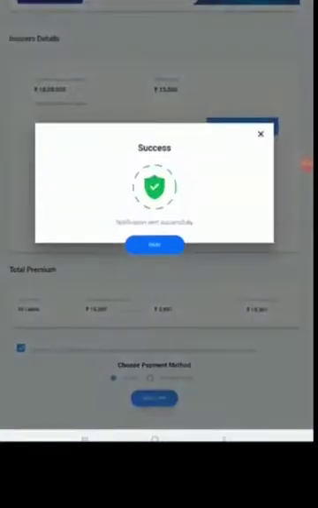Then I am clicking on "I hereby acknowledge this declaration" and choosing offline mode. So this is with changes, online payment. "Notification sent successfully" is the message we will receive, which the agent will be seeing. Once this is done, the customer will receive the mail at his mail ID.